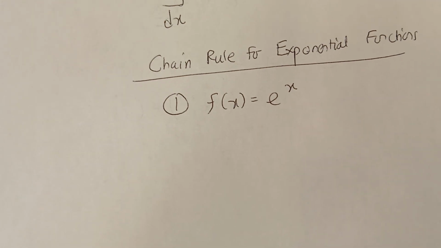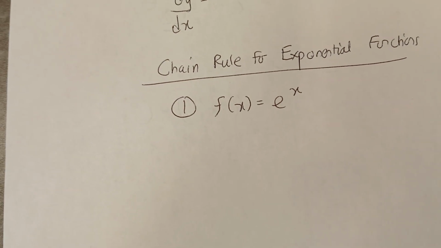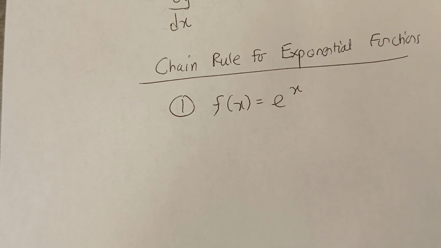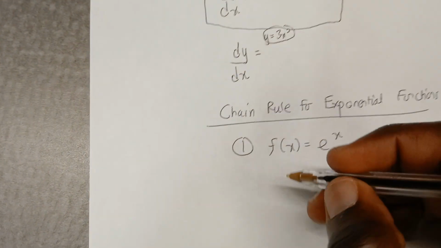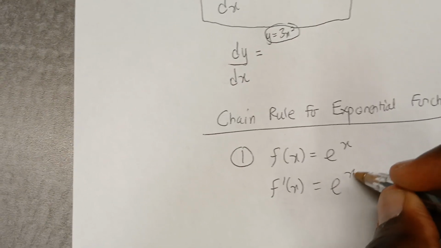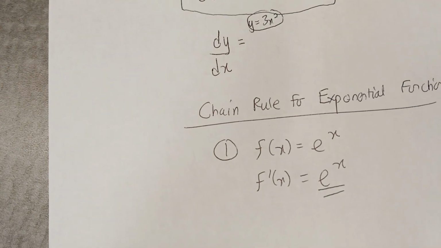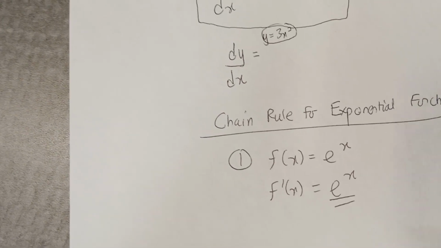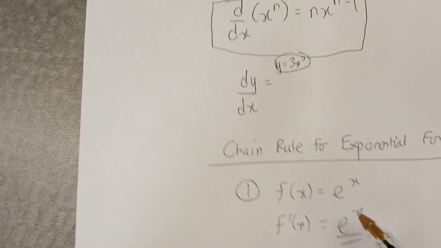What do I mean by this? Well, let's get into it. So you've been given a function e to the x, and you've been asked to find the derivative. Well, it's simply e to the x. Why is it e to the x, right? Okay. So the derivative, there's two